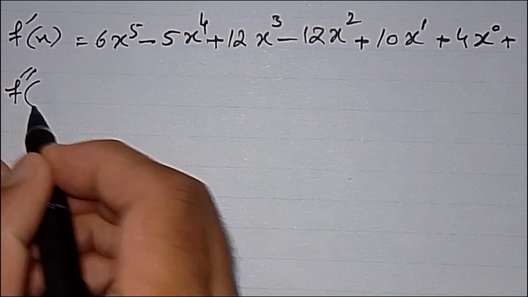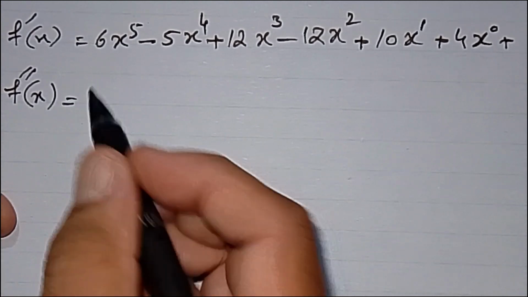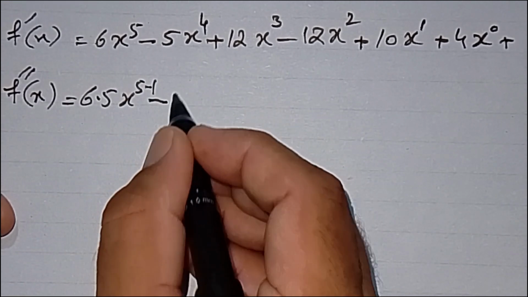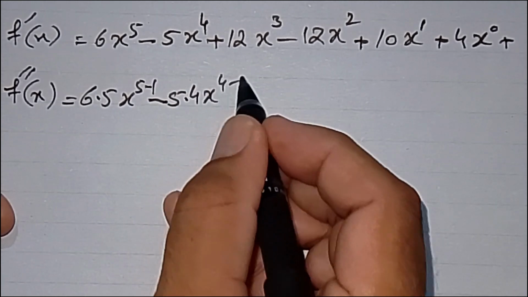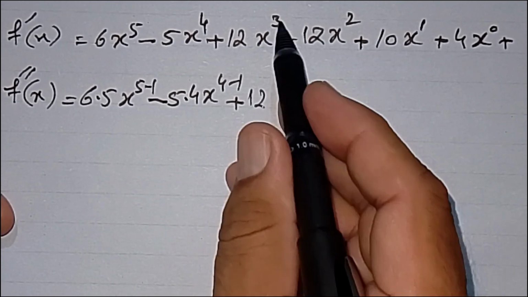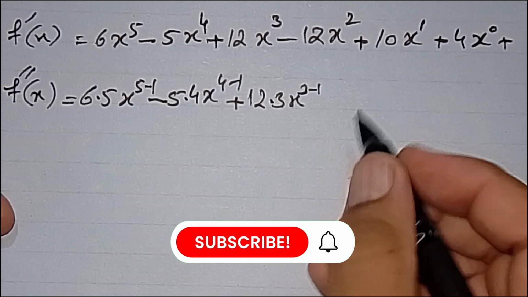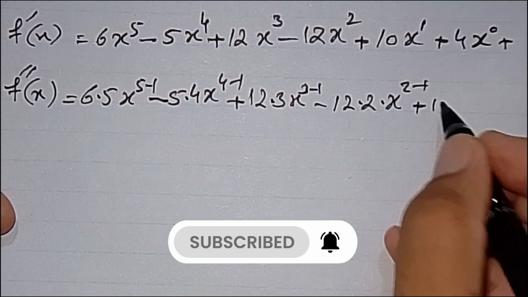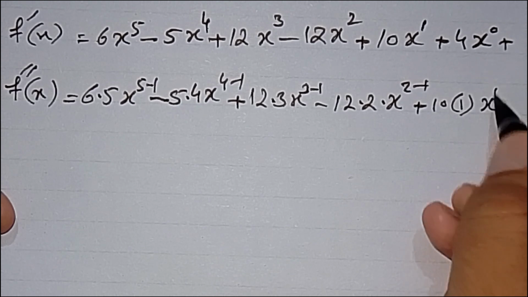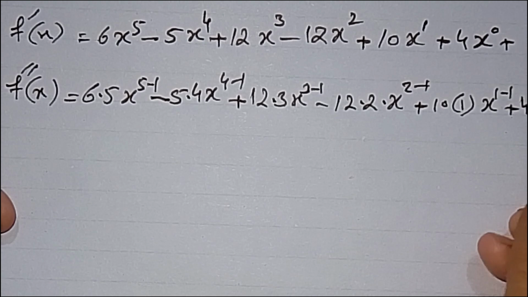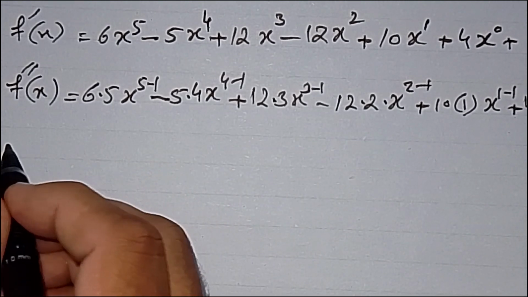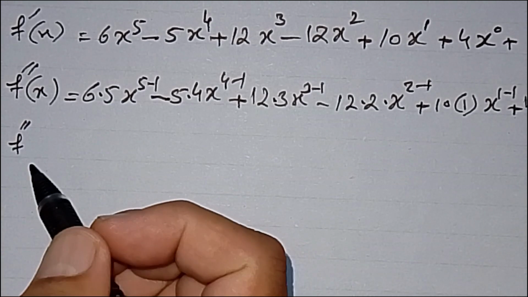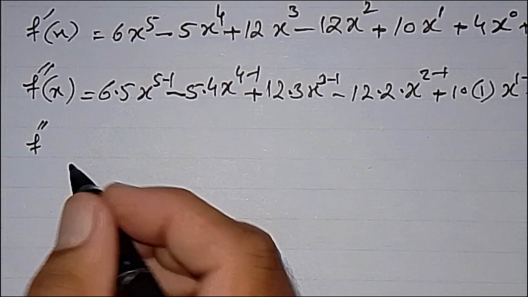Here f double dash x is equal to 6 into 5 x raised to the power 5 minus 1, minus 5 into 4 x raised to the power 4 minus 1, plus 12 into 3 x raised to the power 3 minus 1, minus 12 into 2 x raised to the power 2 minus 1, plus 10 into 1 x raised to the power 1 minus 1, plus 4 into 0 x raised to the power 0 minus 1. Then f double dash x is equal to